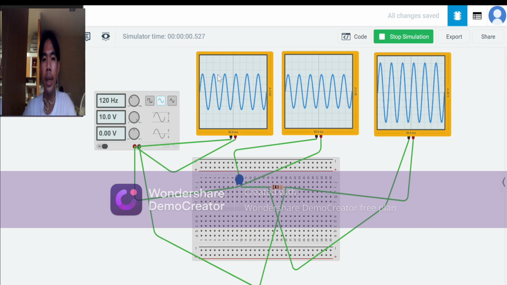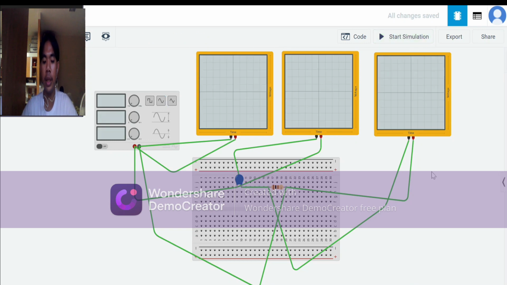And this is the V peak to peak. V peak to peak the same. We can see this V peak to peak and this V peak in order to measure the RMS across the source, the current on the source, the capacitor and the resistor. We need to divide V peak by square root of 2, and we will get the root mean square voltage, RMS. We stop simulating and we move to the second part,